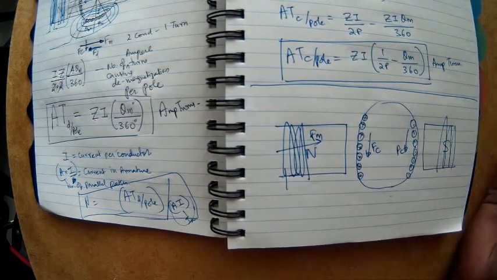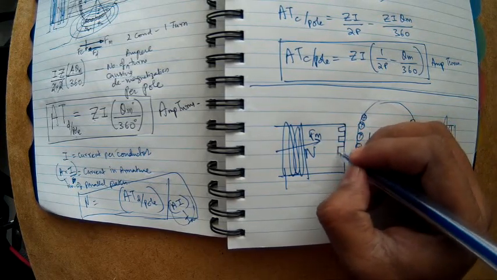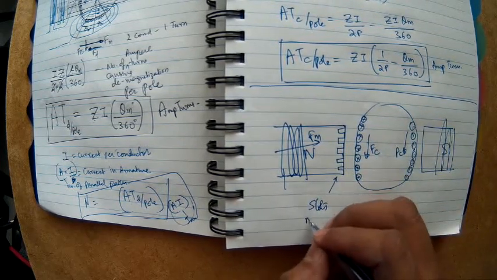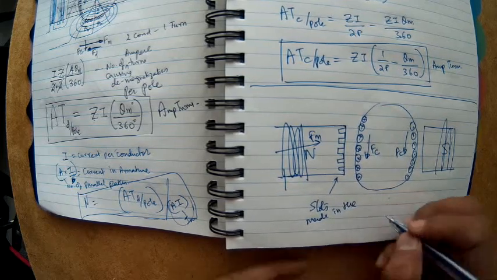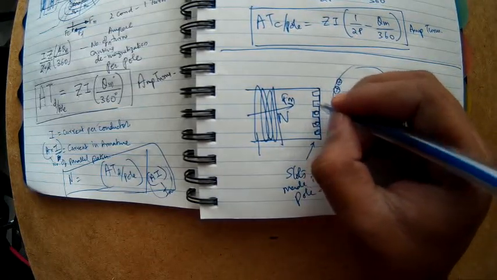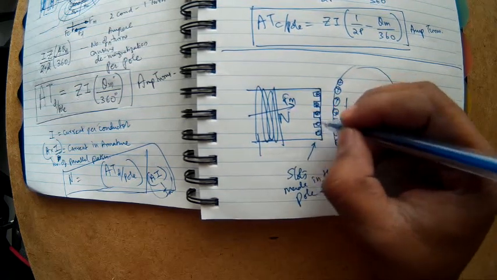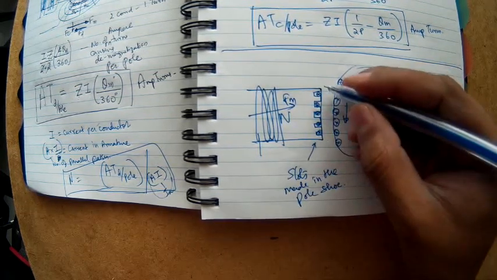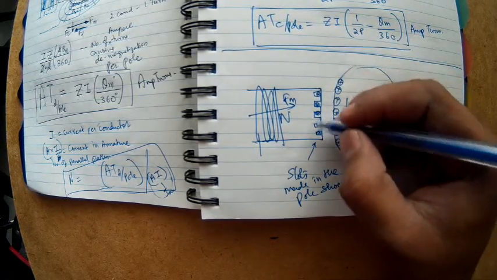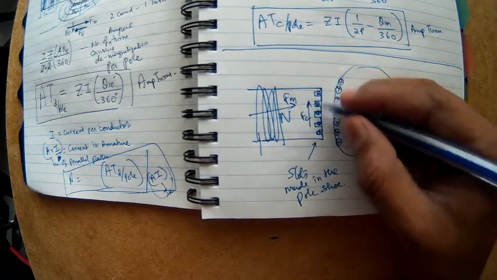Okay. So what I do is, in this place I make some slots. So this is called the pole shoe. So slots made in the pole shoe. And then I insert some conductors here, and I make sure that the current is dot here, which is the opposite way of this current. And then by properly adjusting the number of turns in this, and connecting this in series with the armature, I can generate an Fc because of this one.